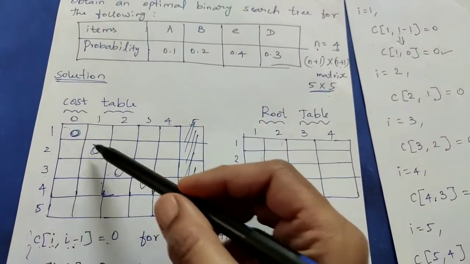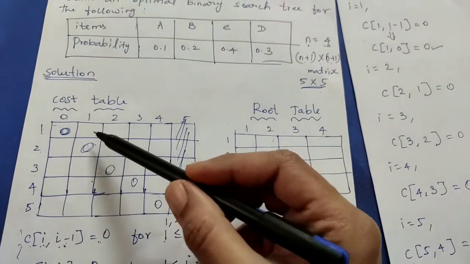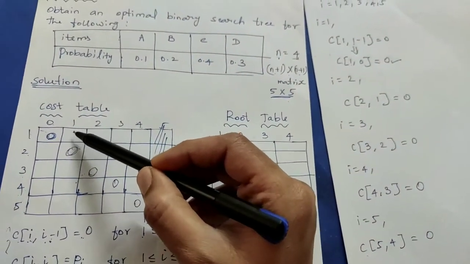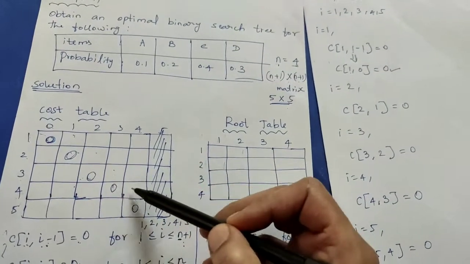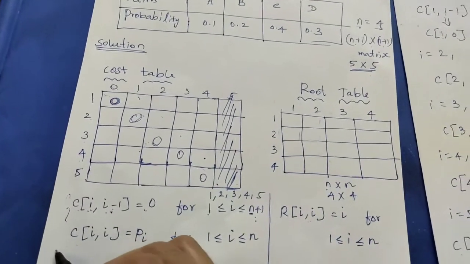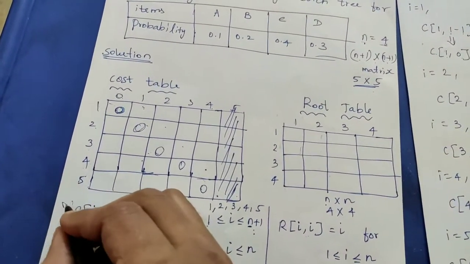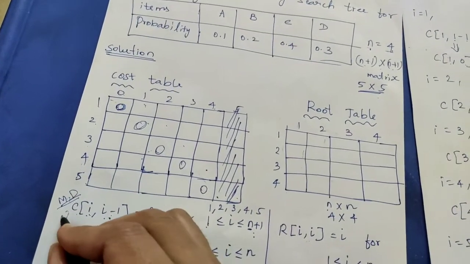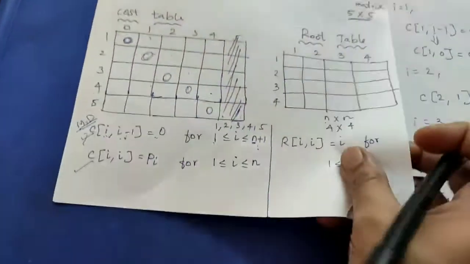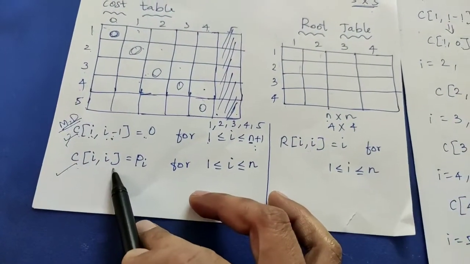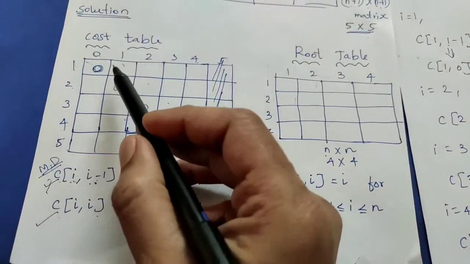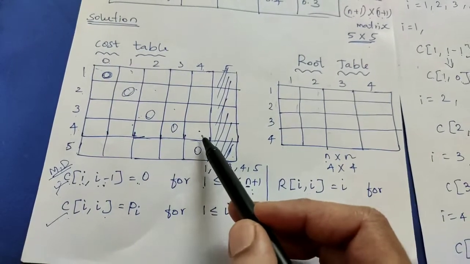Now I have filled the middle diagonal field. I have to fill the next diagonal. What is the next diagonal I have to fill? Next diagonal is this one. These 4 fields have to be filled using this formula. See, middle diagonal should be filled with this formula. The second upper diagonal field should be filled with this formula. So now using this, I am going to fill this next upper diagonal part.